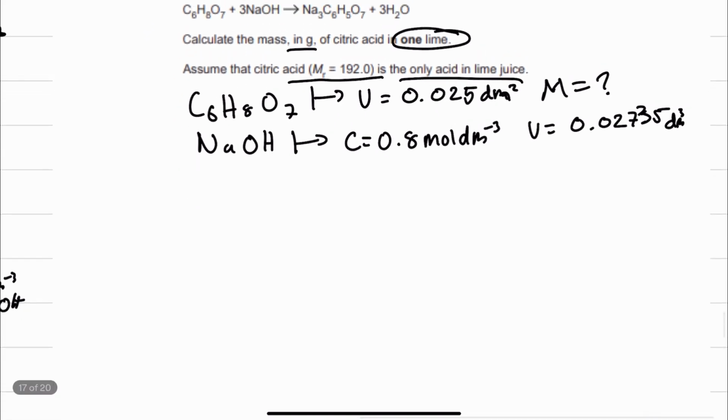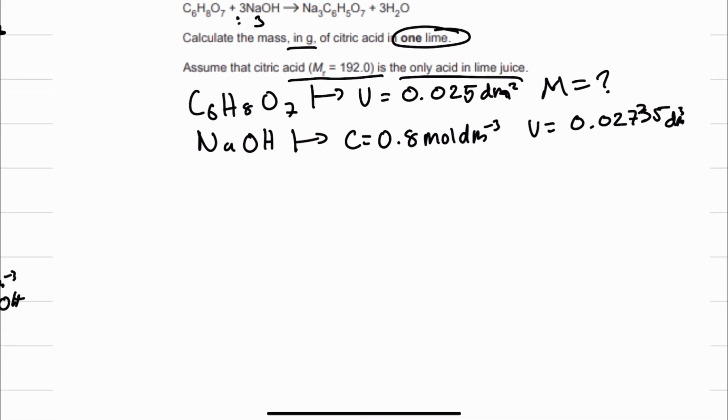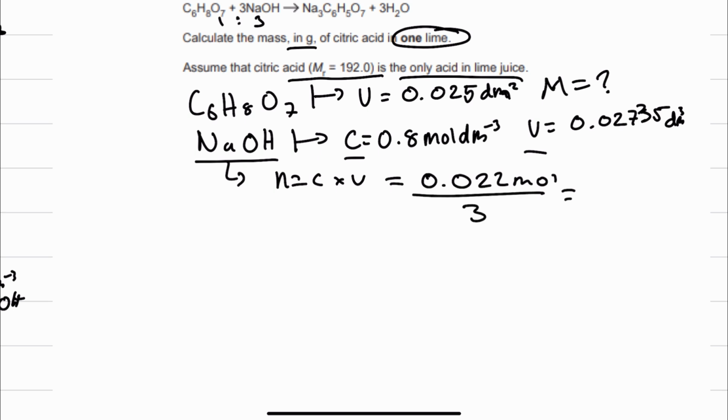So I know that this is a 3-to-1 molar ratio. This means automatically I've got concentration and volume, so I can calculate moles of NaOH. Moles is equal to concentration times the volume. I know that the moles of NaOH will be 0.022 moles. Using that 3-to-1 ratio that I noticed before, I have to divide this by 3 to give me 0.0073 moles of C6H8O7 in